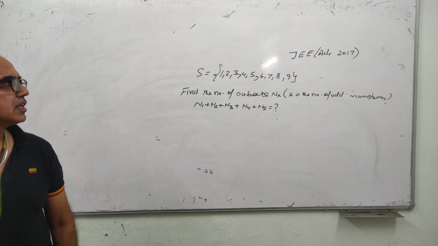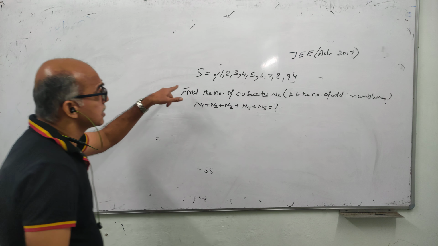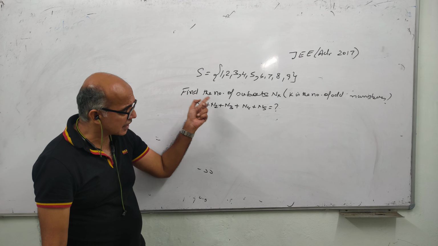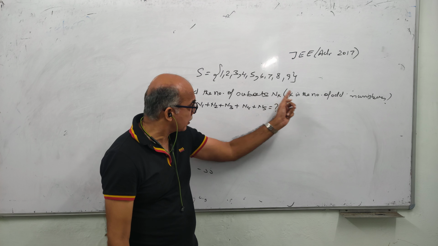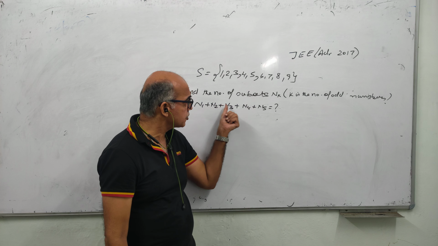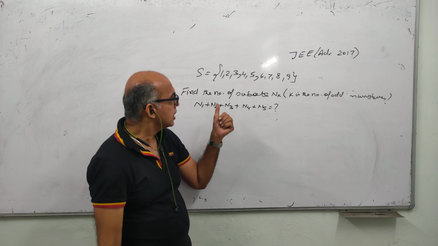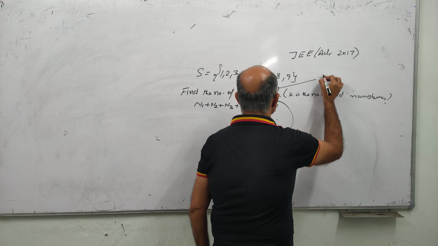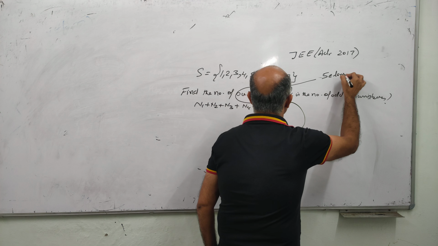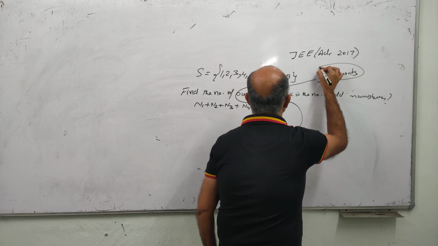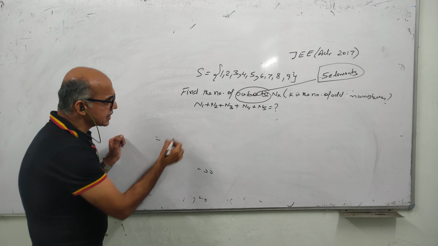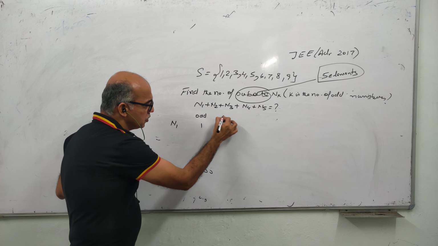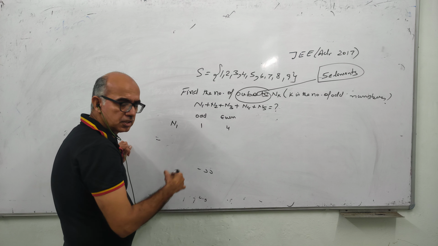That's the question. So looking at this question, S is a set containing 9 numbers, 1 to 9. The number of subsets Nk, where K is the number of odd numbers. You have to find N1 plus N2 plus N3 plus N4 plus N5. And remember this, your subset has to contain exactly 5 elements. That's the question. Now looking at this N1, N1 means इसमें odd number 1 होना चाहिए. तो even number कितना हो जाएगा? 4.